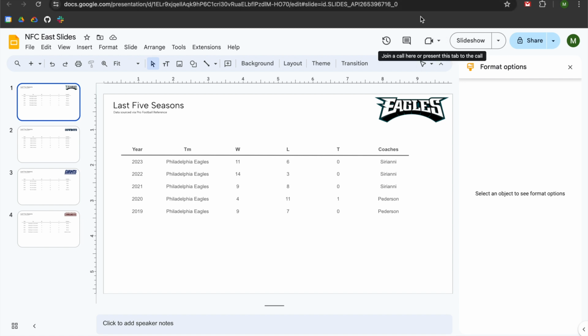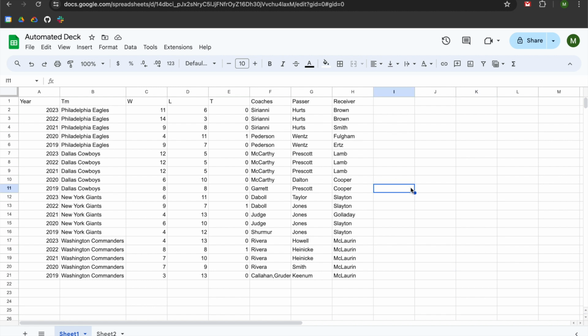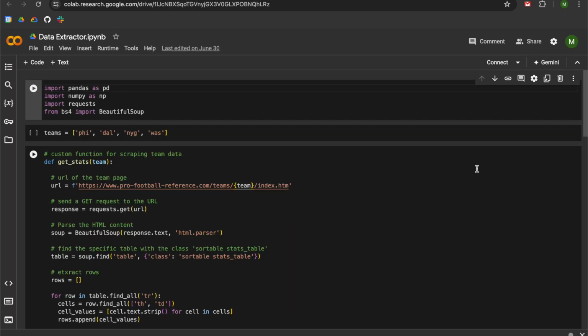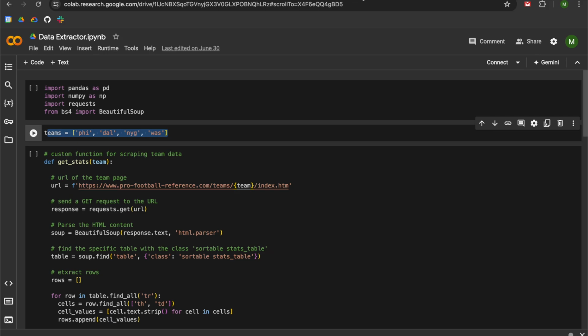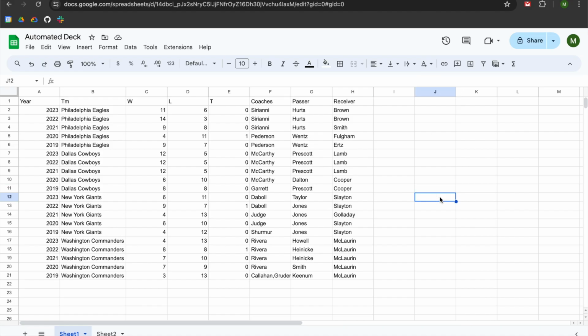So to give you a refresh on where we're at, we have a Google Sheet with some data that we have scraped from profootballreference.com. So we wrote a Python script in Google's Collaboratory Notebook that leveraged Beautiful Soup 4 in order to extract the last 5 seasons of data for 4 teams that we defined in this variable here. You are looking at the results of that work where we cleaned the data to remove some extraneous columns that we did not want to use so that we had this defined set